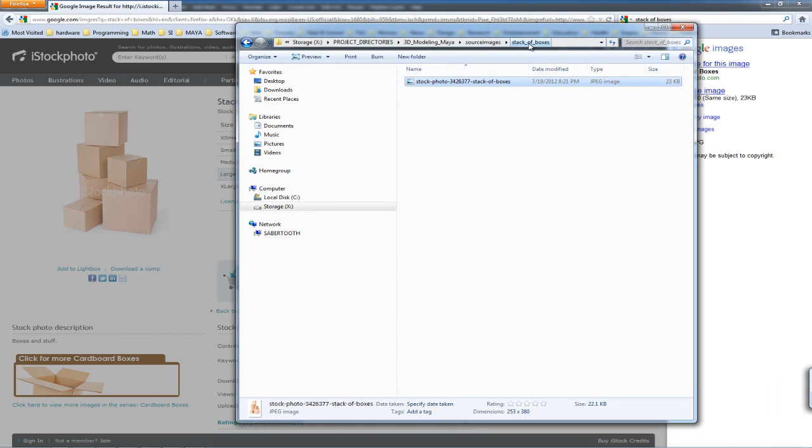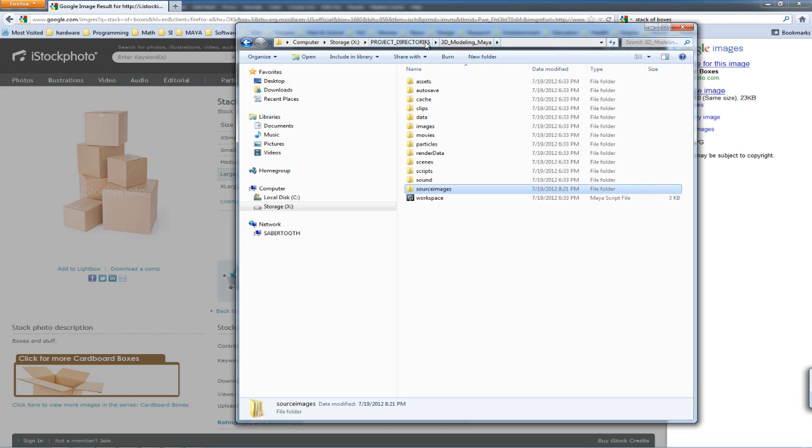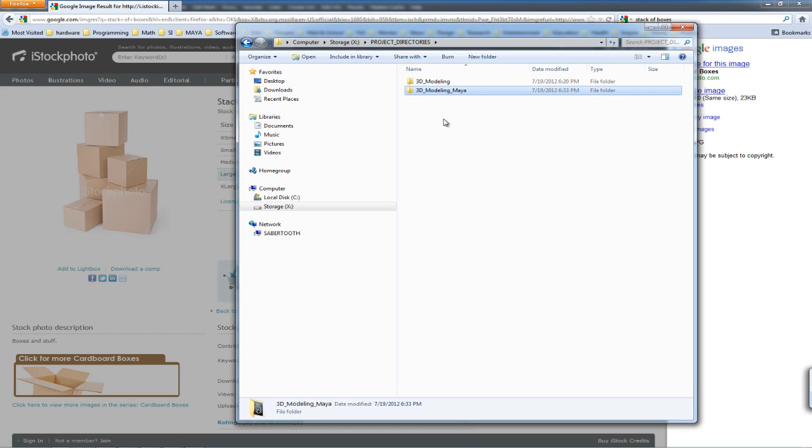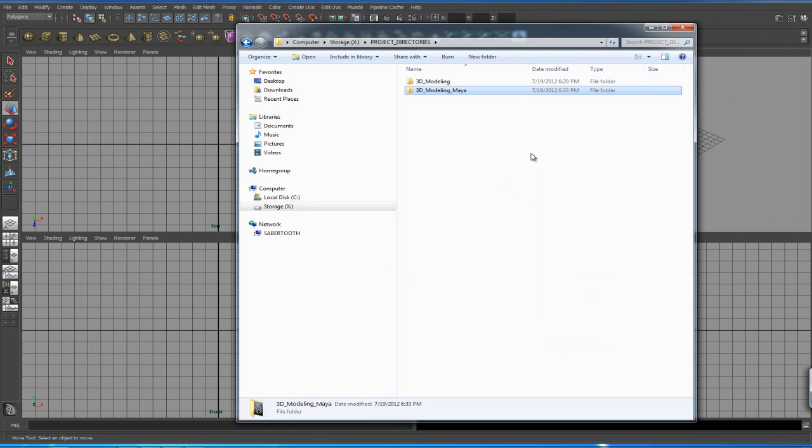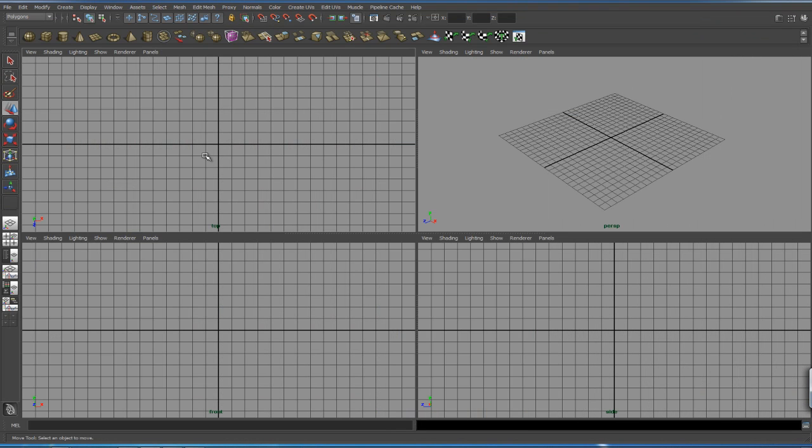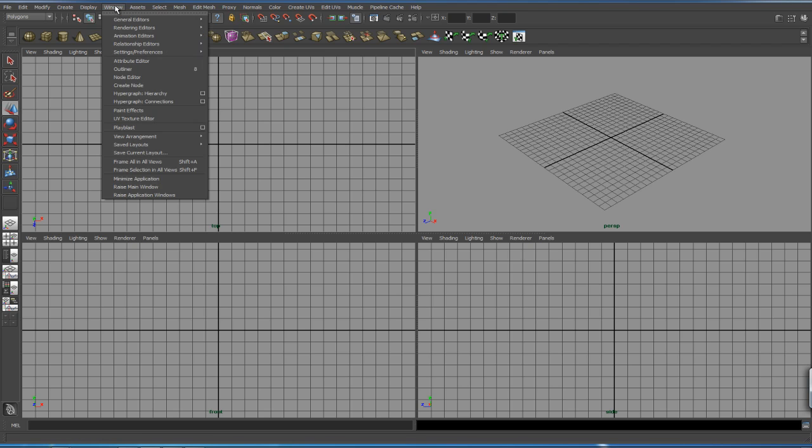So here we go, stack of boxes, source images, 3D modeling, and my project directories. Very good. So we don't need this anymore. We'll close that. I want to bring that image into Maya, and I've got a couple different ways to do this. I've kind of got my sculptor's way of doing this, my artistic eyeballing kind of way of doing this, and that's where you can go to your